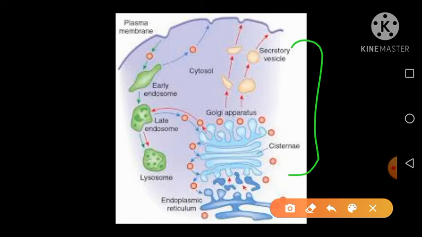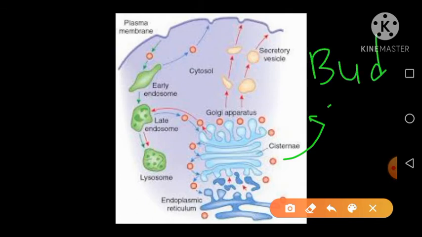And remember, proteins are packed in small vesicles. Vesicles bud off. This is again an important feature. Vesicles bud off, and small vesicles are produced, and then those vesicles are fused to their respective location. This process is known as protein sorting. So remember, this is a very important function of the Golgi complex.